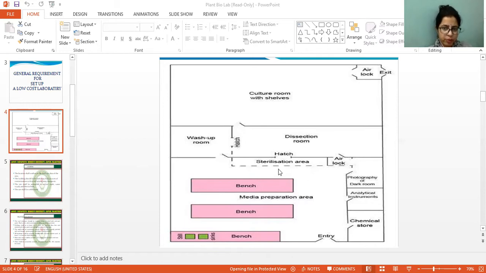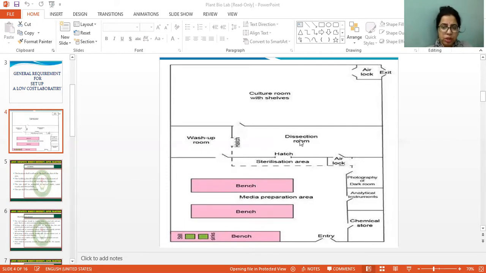Then you can go to this dissection room where you can transfer the material into media, your explant, which you are going to use for the plant tissue culture method.